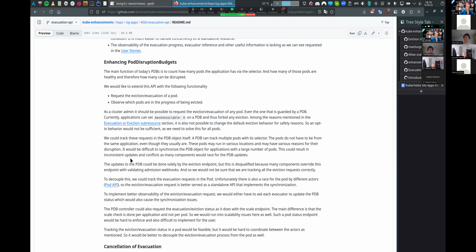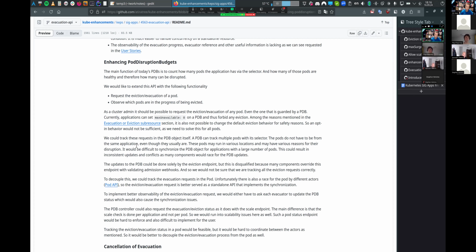So that's one issue, and another issue is that I think we are too focused on PDBs. PDB is the only declarative object that enters the eviction process, and there are many other use cases where you don't need the PDB.